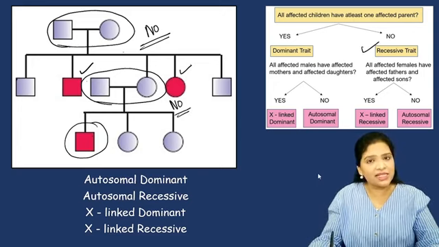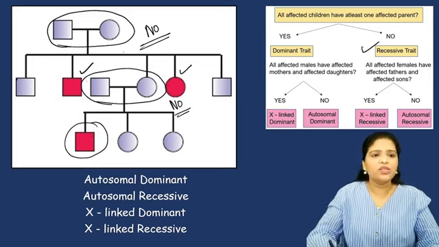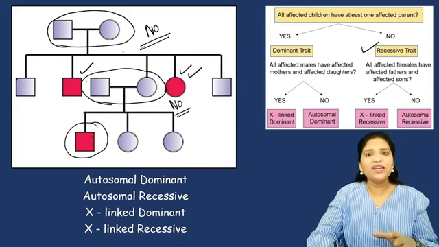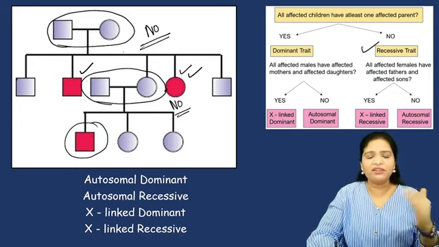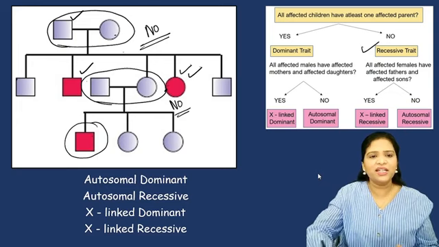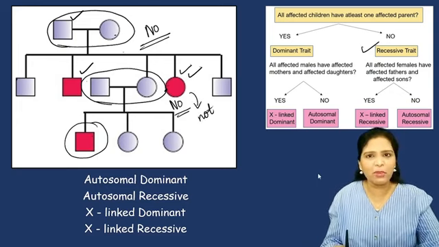If this is a recessive trait, then you have to focus on the females, right? So focus on this female, focus on this female. Whether this affected female has an affected father and affected son. So she has a healthy father and son is not given again. Okay, again the same thing. What type of inheritance is this?